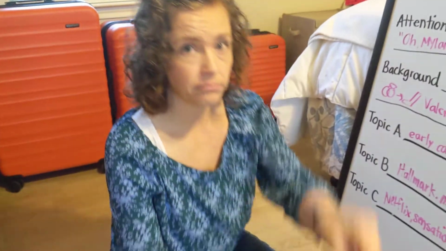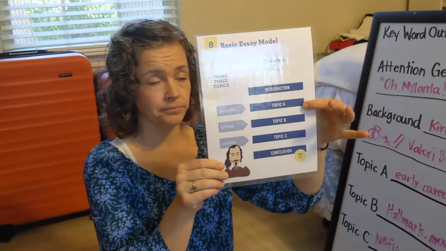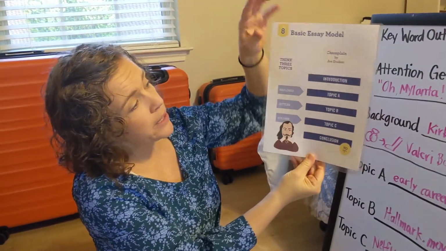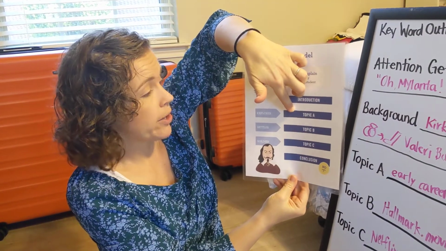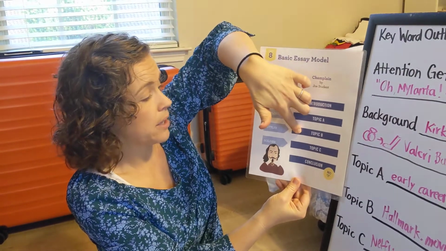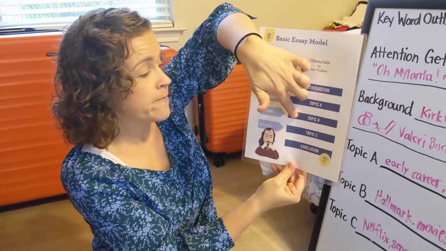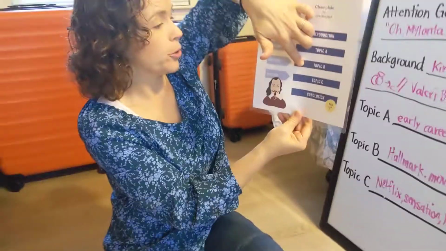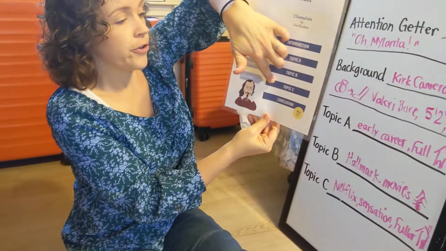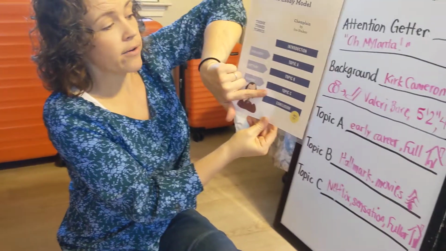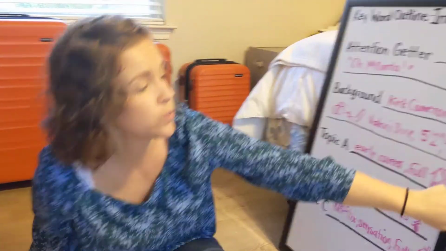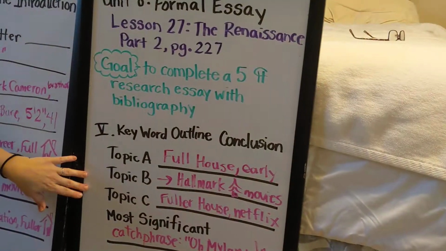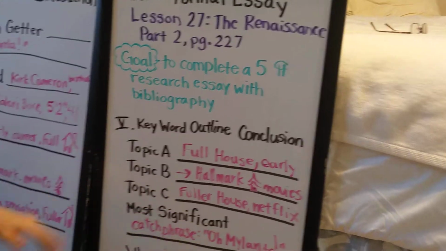Then, can you see this, Chandler? Mm-hmm. Okay. Yep. Then it will be topic A, and I will have my full body paragraph all about Full House. Topic B, then I'll have my full body paragraph about Hallmark movies. Topic C, Fuller House on Netflix. Okay, now it's time for my conclusion. That's what's right over here. Okay, so you face it here. Now let's test our outline. Topic A. Okay, so